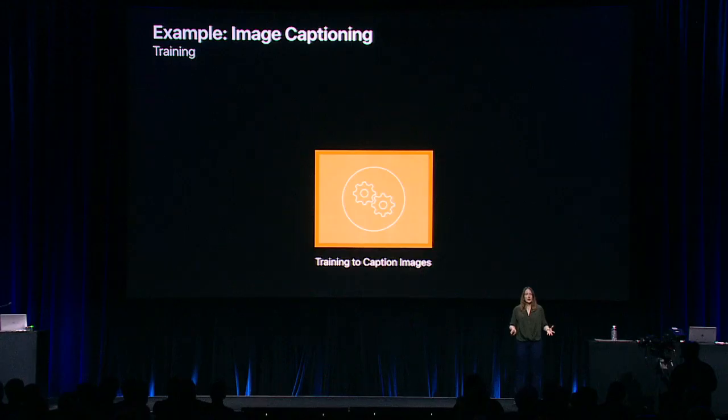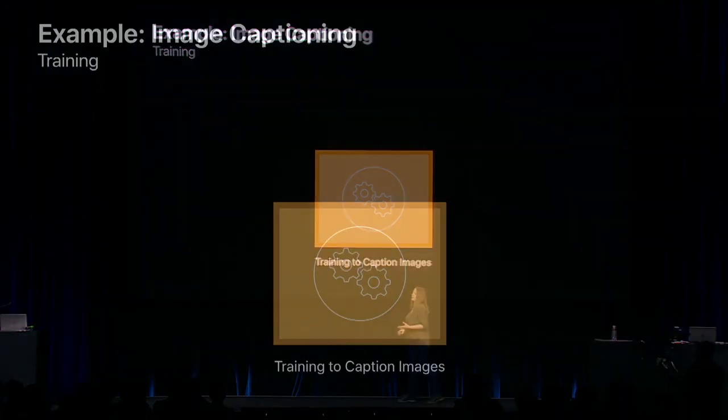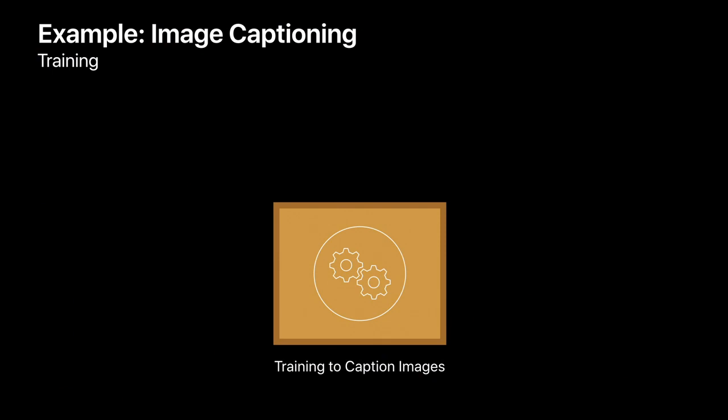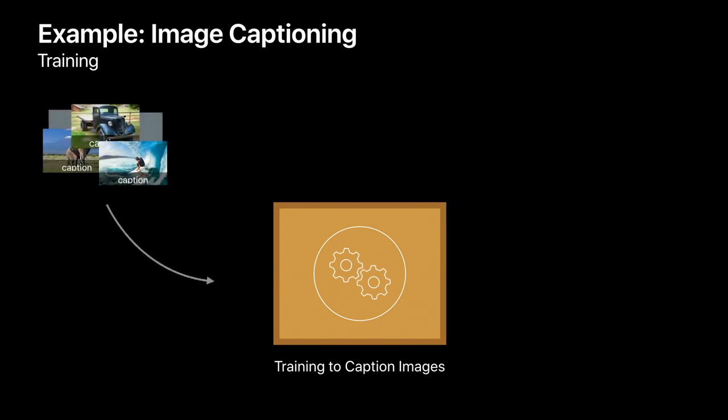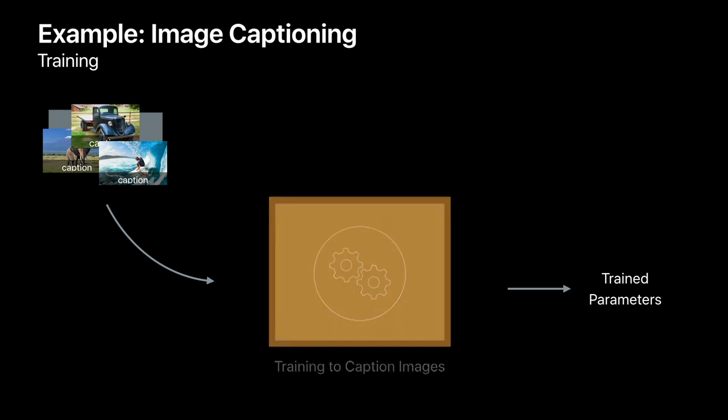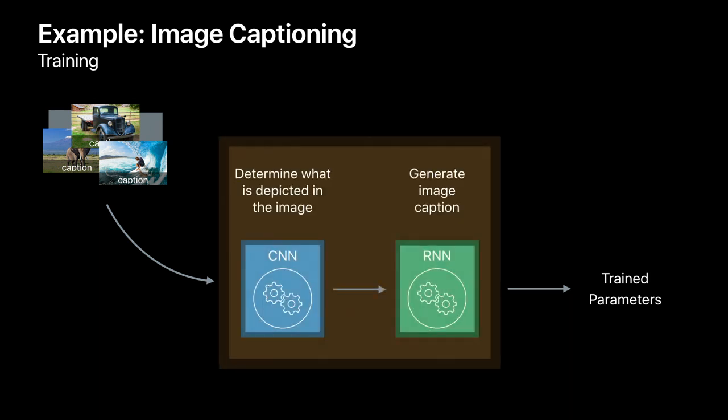Now let's take a look at an actual example. We'll use image captioning as an example of using LSTM. As you recall, I told you that deep learning algorithms have 2 phases, the training phase and the inference phase. To train a system to caption images, you need to feed it a large number of images with human-generated captions. So what is the system made out of? The system has a CNN and an RNN working together to generate captions. The CNN is used to figure out what's depicted in the image, and then the RNN is used to generate the actual caption. The output of that process is the trained parameters, which are required for the next step,